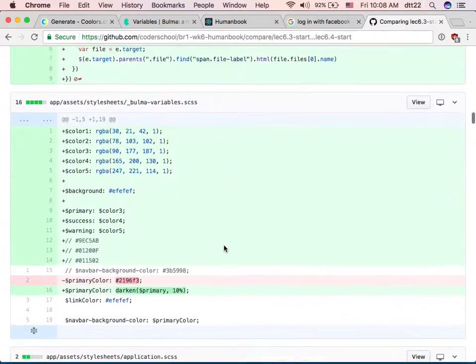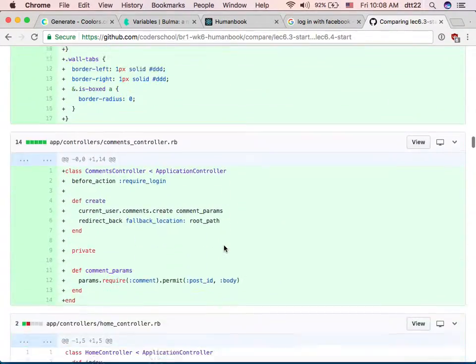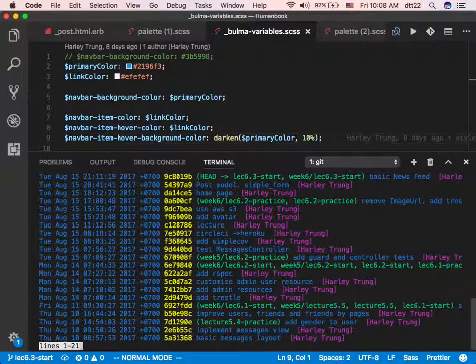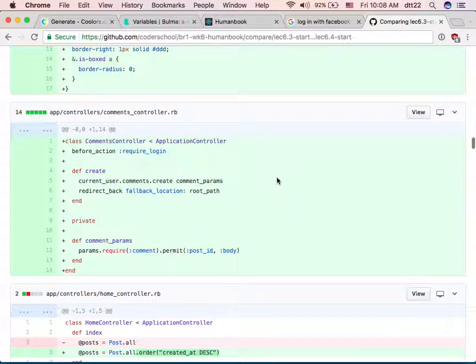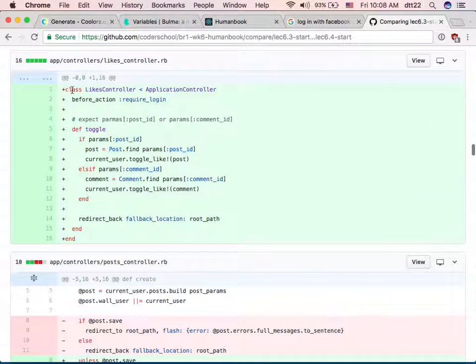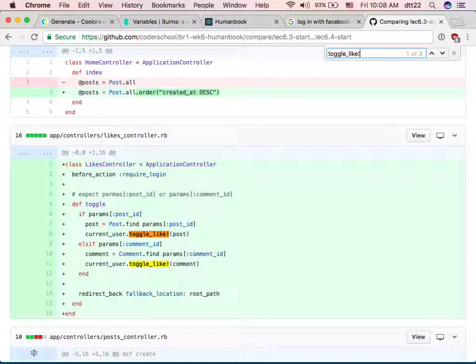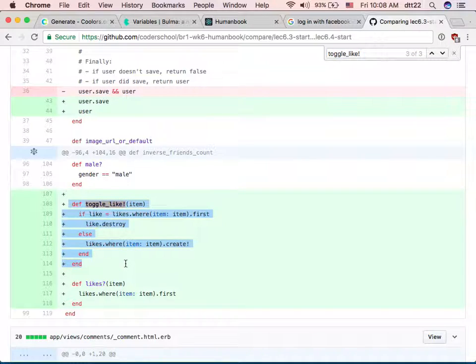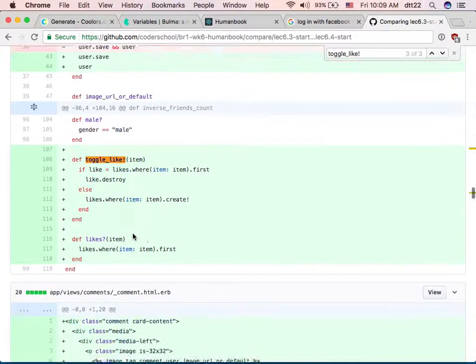Yeah, so some threshold stuff, some new logo stuff. I think I need to make sure my basic news feed from lecture 3 start to lecture 4 start. Yeah, adding comments, it's a lot because we added comments, posts, and liking, right? So you can go in here and take a look at any of the controller and see how it works. Oh, okay, so this is how he does it for liking a post. This is how he does it for liking a comment. And how did he define the toggle like thing? You can just use the search thing, and it's like, okay, so just to reference back, okay, I have my way, but someone else may have another way, right? So